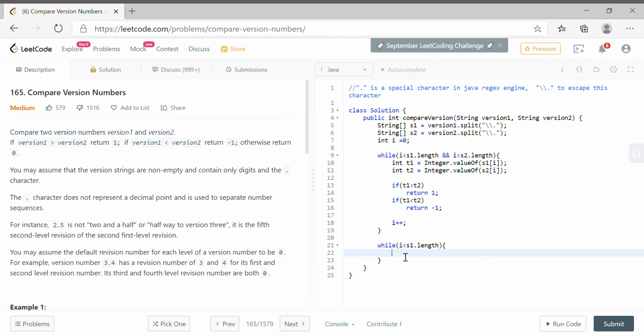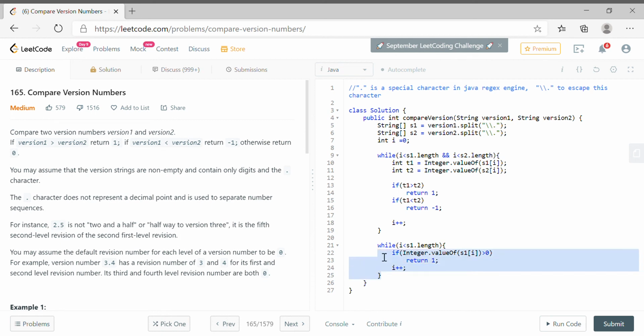So we'll check if Integer.valueOf of s1[i] is greater than 0. It means s1 has a higher version, because till now we have compared equal parts. So we'll return 1, else i plus plus.